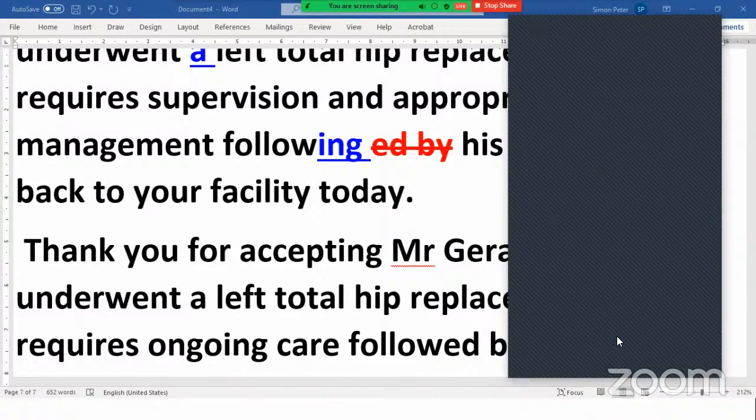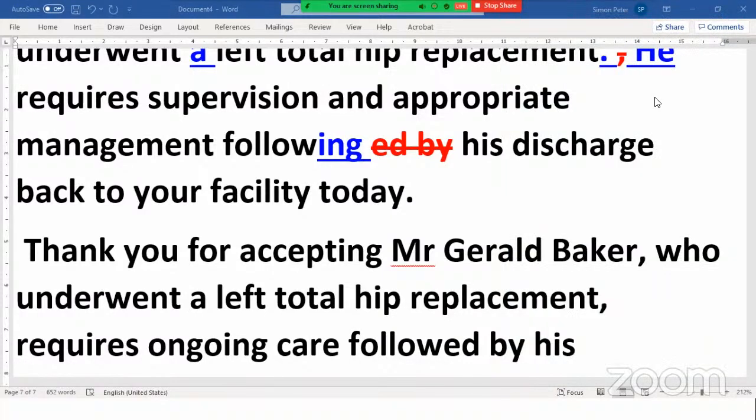Vijnana Jyoti, can you please unmute? Is that clear? Yes, sir. First one is followed by the second one. So when you write followed by, you have to write in the same order. First one followed by the second one. Which is first? Discharge is followed by ongoing care. That's what it is. So you misplaced the things. Next time, be a little careful, or learn only one thing so that you will not get confused.